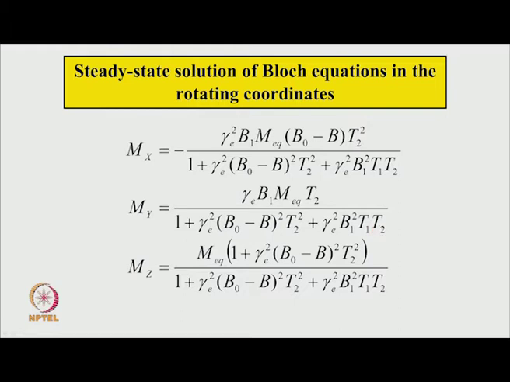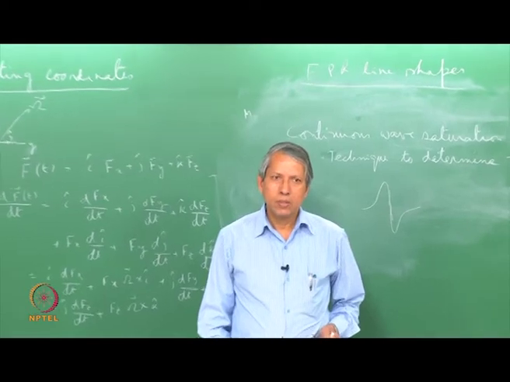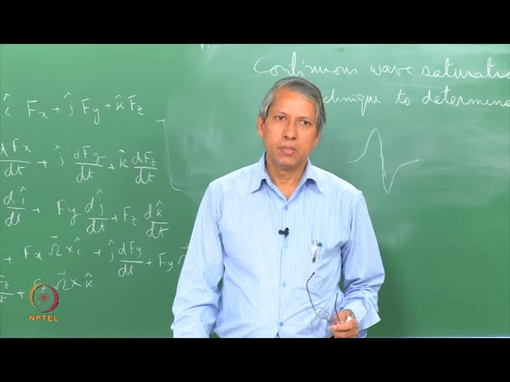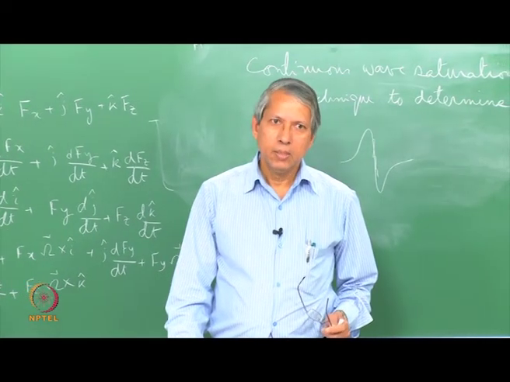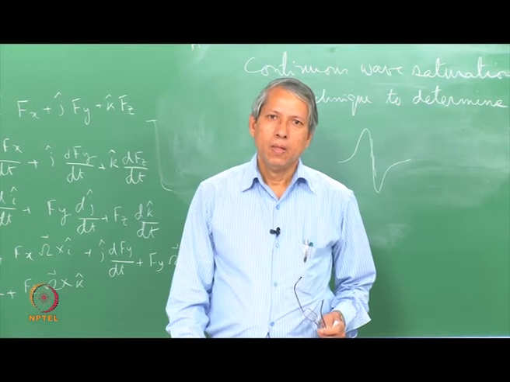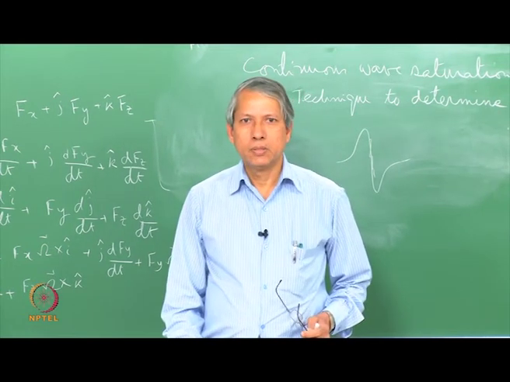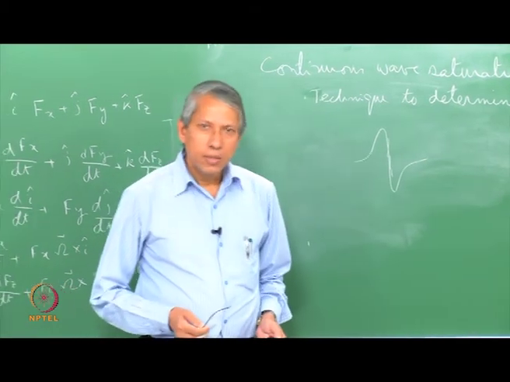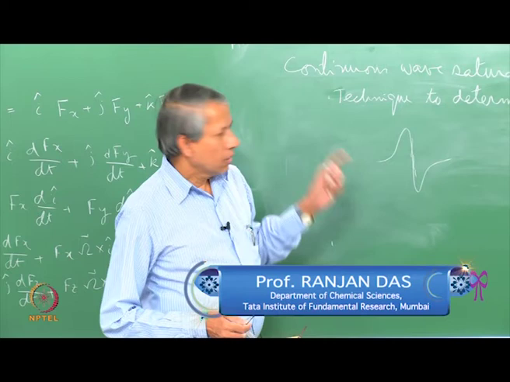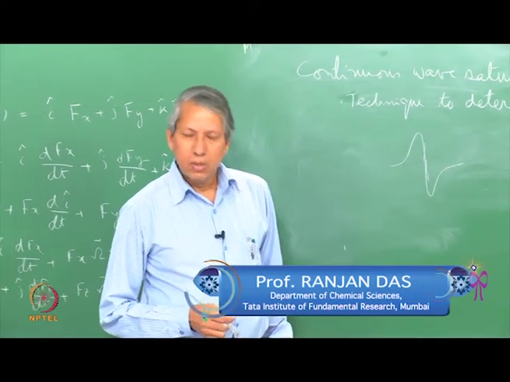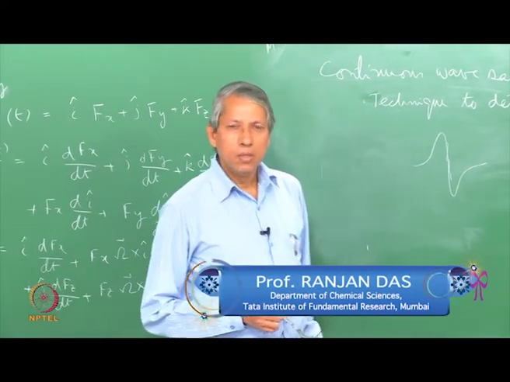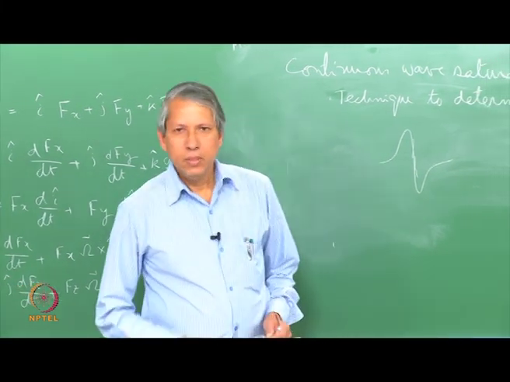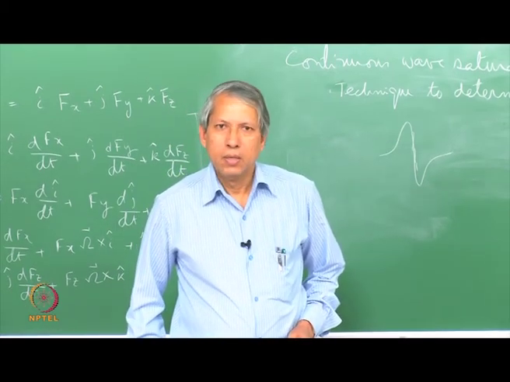So, to conclude, we have seen how the introduction of relaxation by Bloch in the time dependent magnetization gives rise to the line shape, and it explains a host of things like saturation behavior, and how T1 and T2 are intrinsically built into the line shape, and one can measure those from the line shape analysis. With this we come to an end to this lecture.